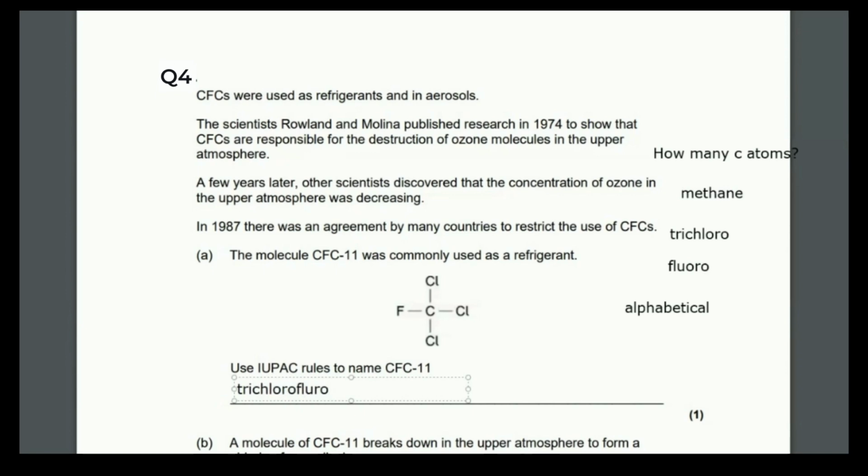Of course, if you had to number, you would do 111 trichloro, 1 fluoromethane. But because there's only 1 carbon atom, we don't need to number it because there's no choice for another carbon atom. Now, coming down to this question, a molecule of CFC11 breaks down in the upper atmosphere